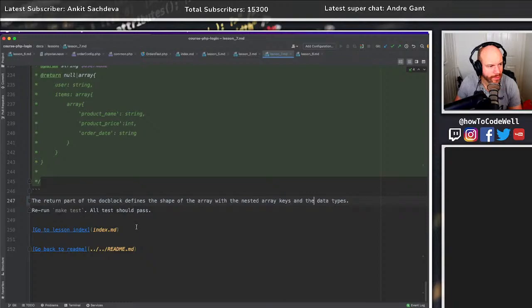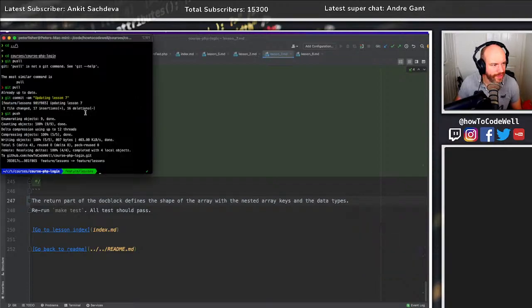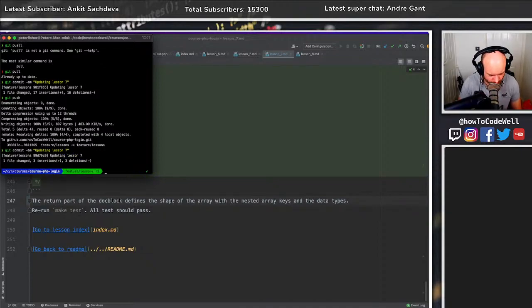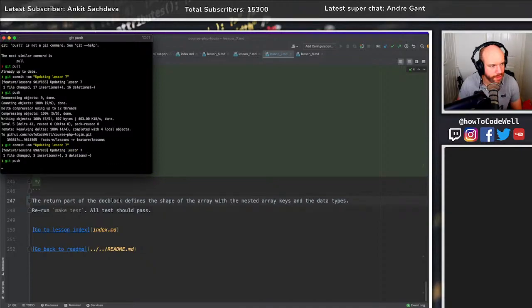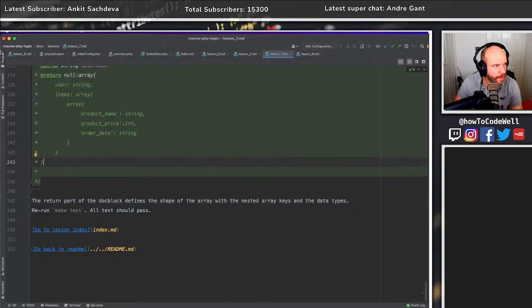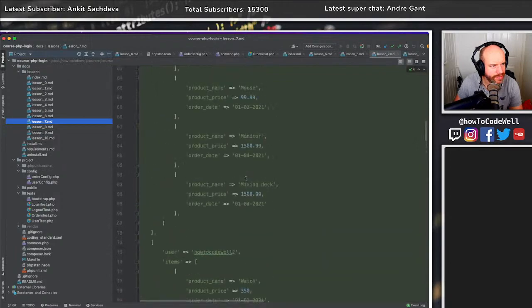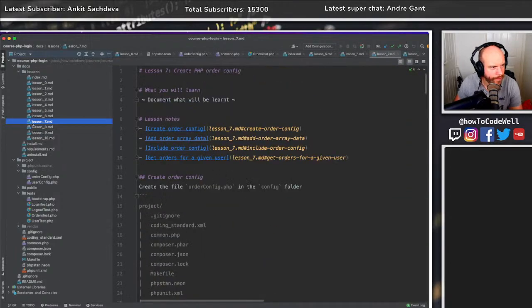Okay, rerun make tests, all tests should pass. Woo! We are now ready to move on to the next lesson. So git commit, updating. This is now lesson 7. Right, I'm going to do a quick git push on this. Okay, so lesson 7 was all about